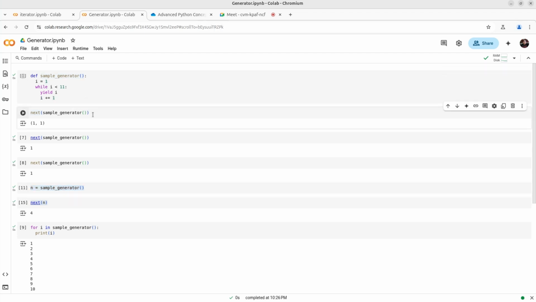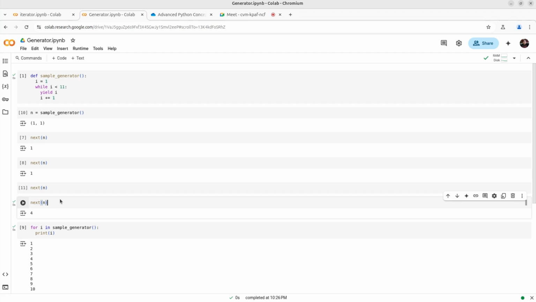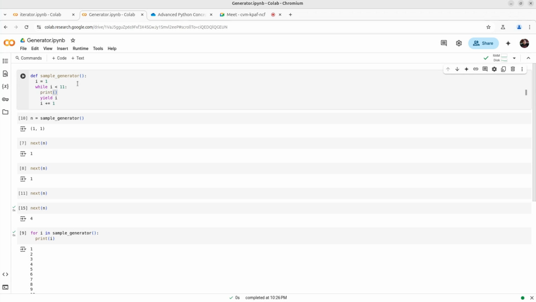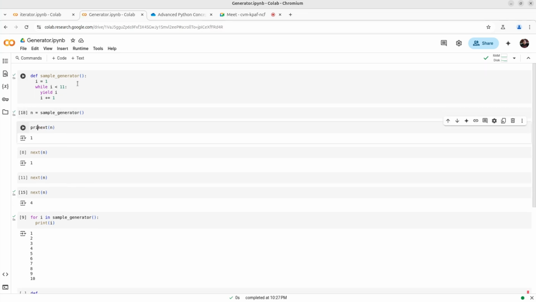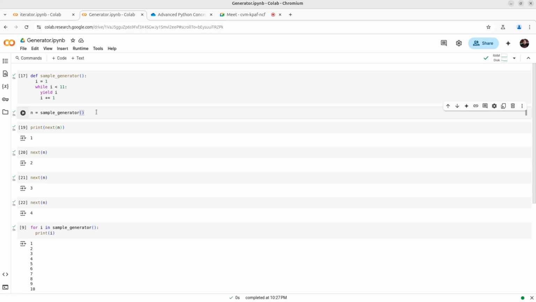Great. So let me write this here and print here. The objective is not print, right? If you want to print, let's try to use print and see how it is working. And sample generator here. So it will print that output. Let's see. Yeah, it will print that output. That's it. Then it will give the same, I think, because every time we are calling that function. Yeah, so it will return the same, right? Each time it is creating the